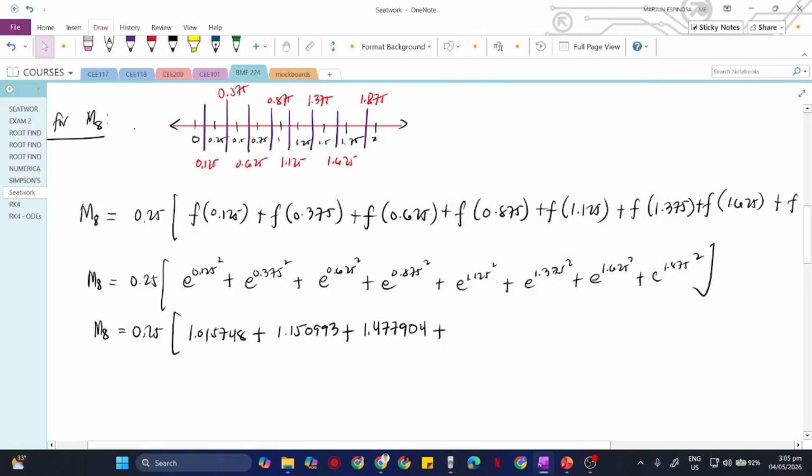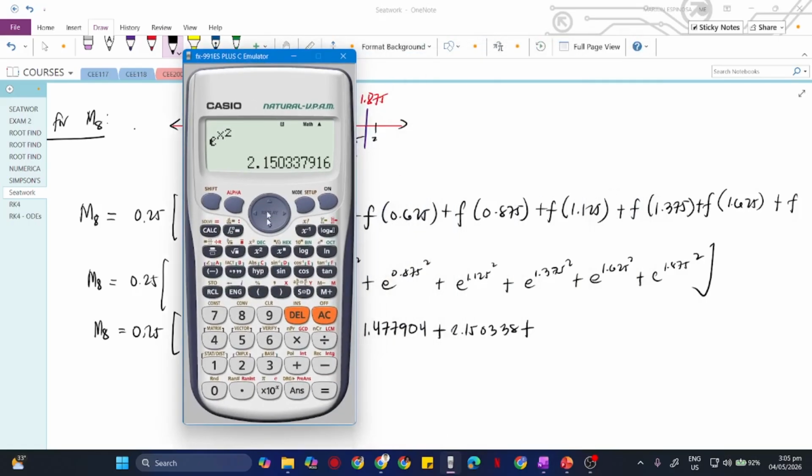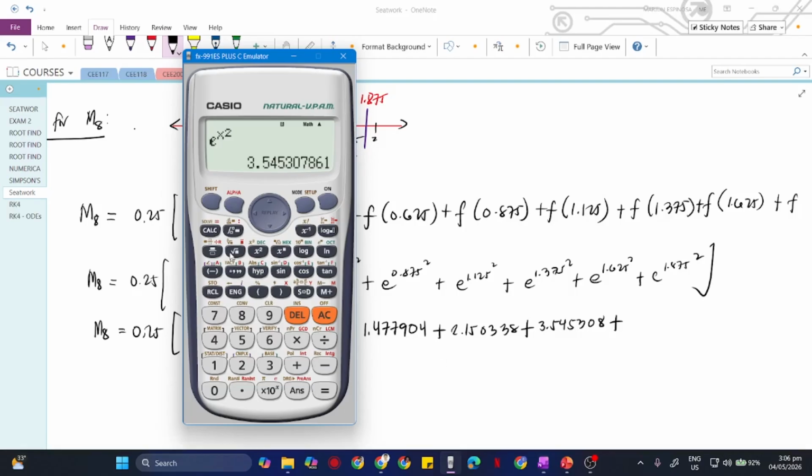We have 2.150338 pala, plus okay, calc ulit 1.125. Okay, that is 3.545308, plus okay, calc